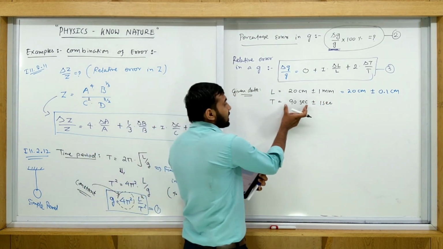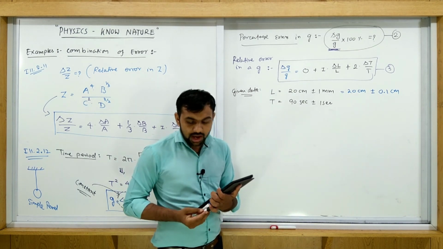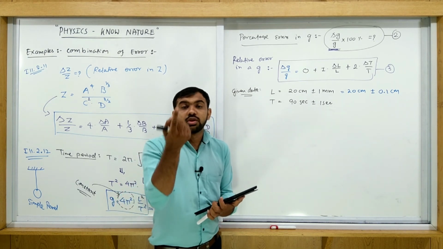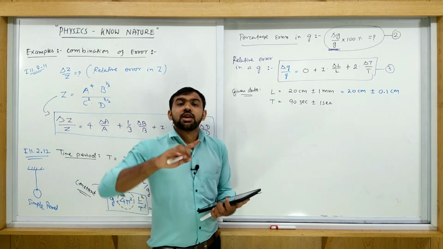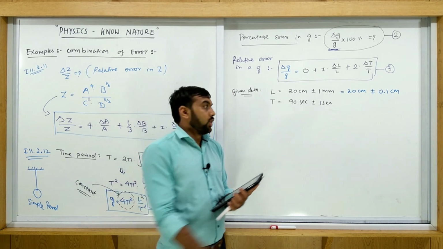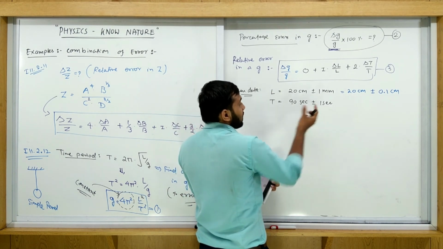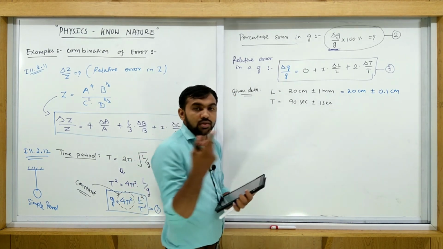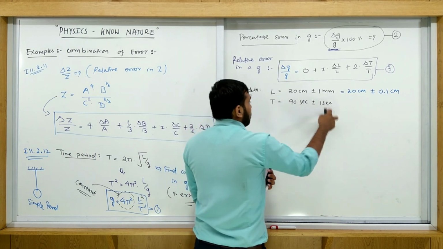You measure the time 90 second by using a wristwatch. How much time can you measure on a wristwatch? The minimum time measured on a wristwatch is 1 second, 2 second, 3 seconds, 4 seconds. It means you measure 1 second only. So with the resolution of 1 second, 90 second. What is the minimum possible error in a wristwatch? 1 second, because we only measure 1 second in a clock. So 90 second plus or minus 1 second.